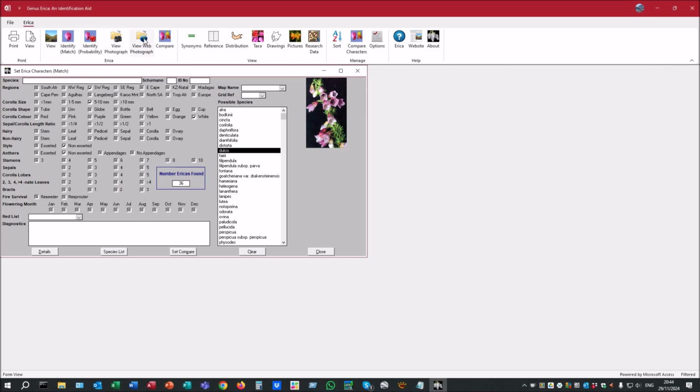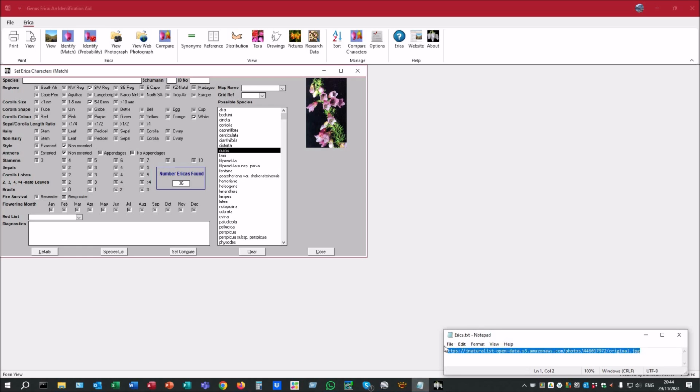Now it might happen that you have an Erica, let's say in iNaturalist, that you're trying to identify. And it's a bit of a nuisance to flip between this screen and your browser running iNaturalist, unless of course you've got two screens. But anyway, I've only got one screen. So that's why it's quite useful to be able to copy a URL, copy a web address. So I'm going to copy that,